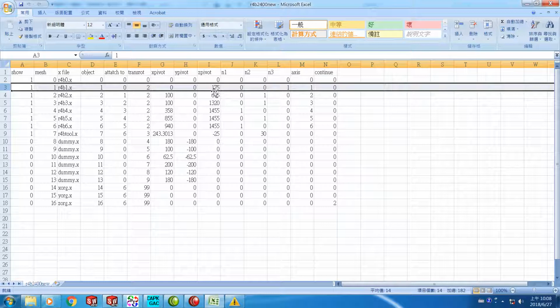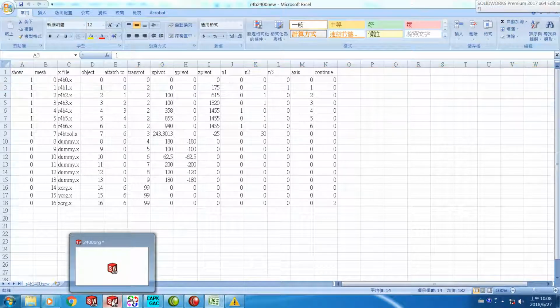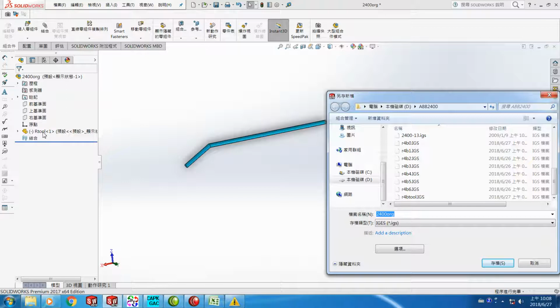It could be anything, but the X pivot and Y pivot written in here, 0 0, we have to use SolidWorks to make sure these two values are correct. So we go back to SolidWorks